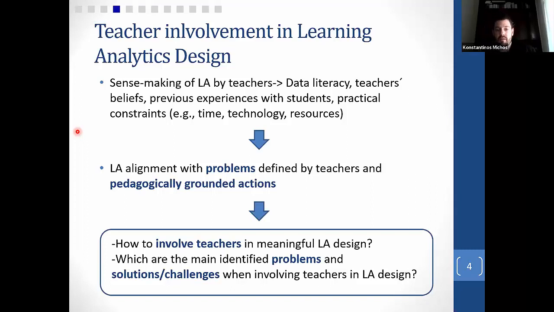Considering all this context and the challenges I presented before, we formulated the question of how to involve teachers in meaningful learning analytics design. And when we involve teachers in this process, what are the main problems and some solutions that emerge, or challenges when involving teachers in learning analytics design? In order to do that, we conducted case study research